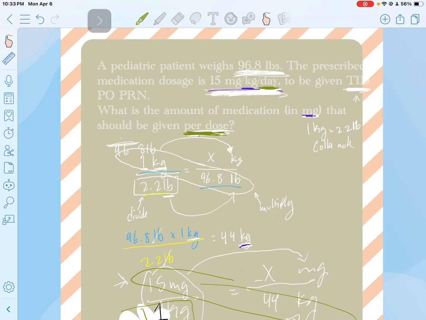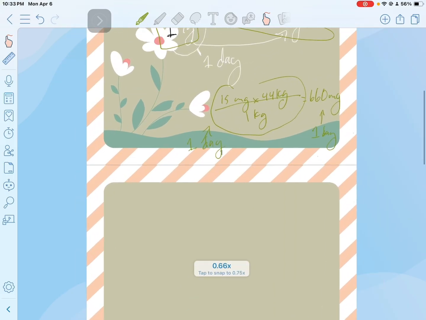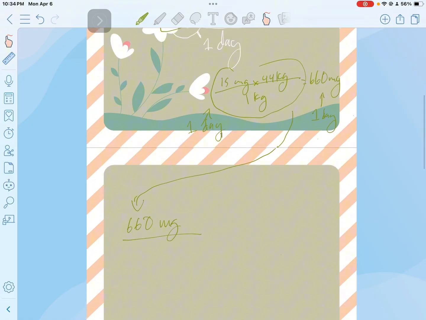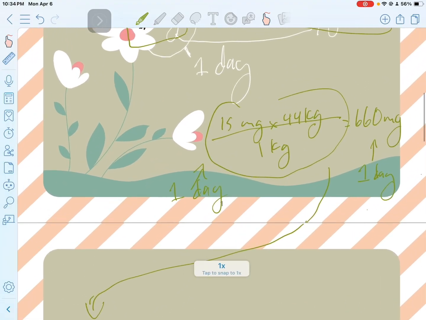And per dose is tied to this. So we're going to have to move our number down here. We have 660 milligrams. So 660 milligrams is 1 day which equals